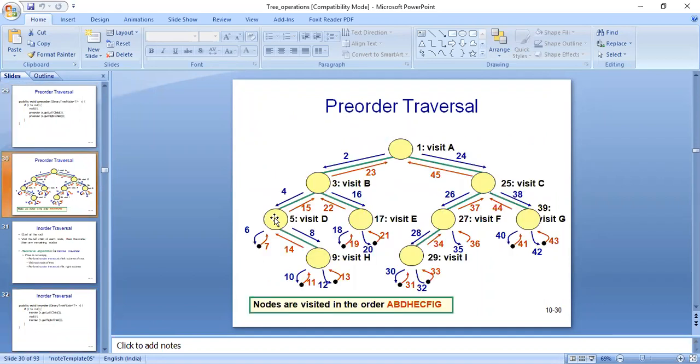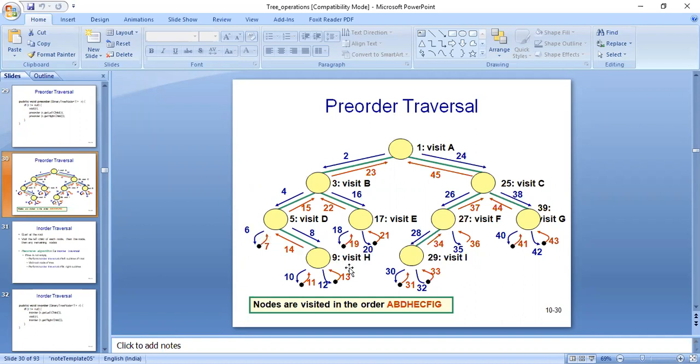So here is the example. You can check from here. This is the pre-order traversal. Firstly, we visit the first node, that is the root node. Afterwards, we visit the left subtree, and then again the left subtree. This way we will be moving.